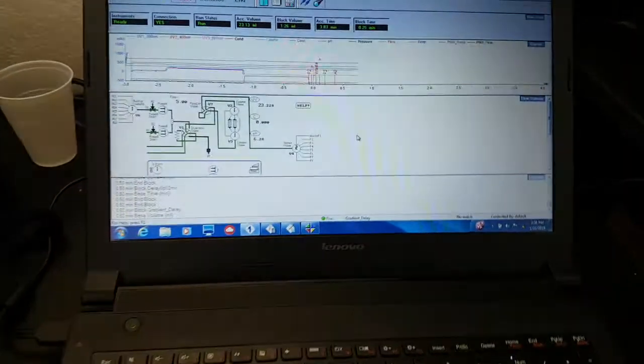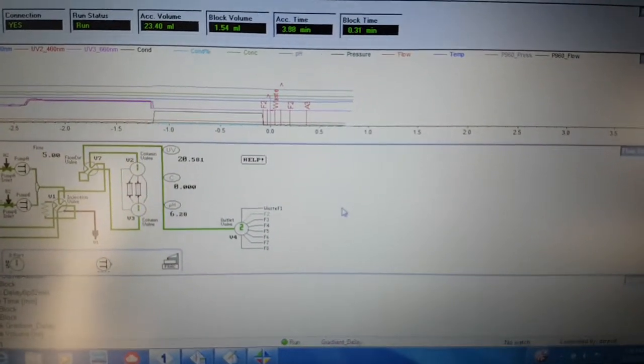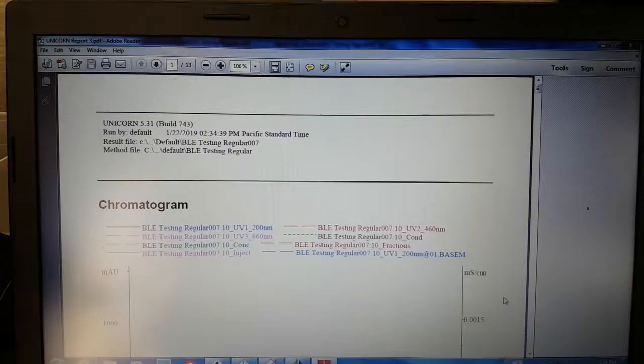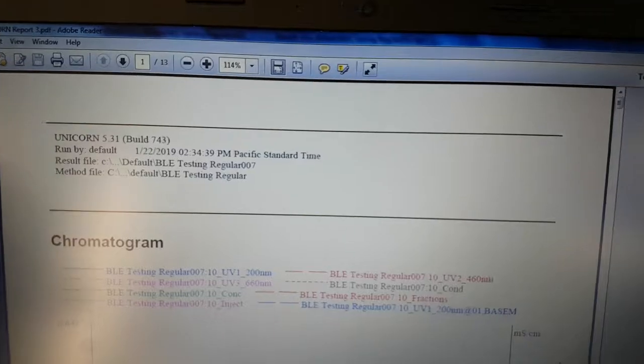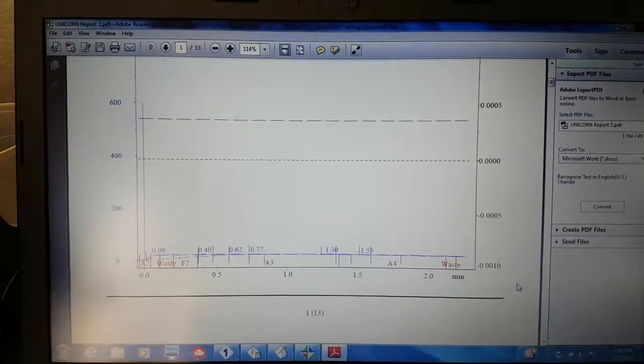And here, going into the computer, we can see the UV and pH and the conductivity measurements as well. Finally, here we have the final report. It shows important information